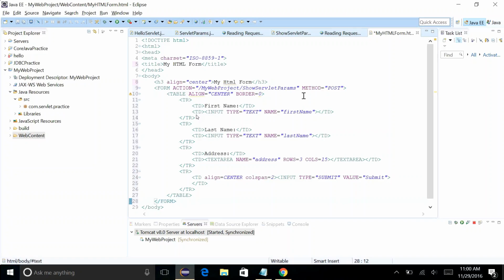And inside that form tag you are constructing a table with all those rows of data like first name, last name, address, and then the submit button. So your first name is going to be a simple one line text box, last name is another one line text box, address is a text area, a multi-line text box, and there is a submit button. Right, save this